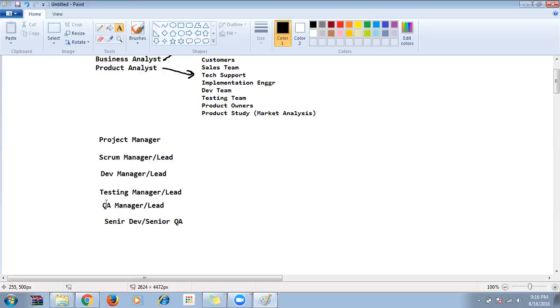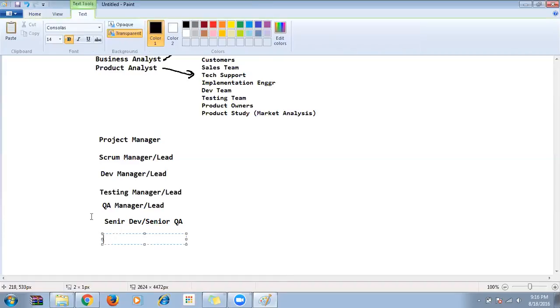The senior QA. The senior QA will allocate, to test this user story, it takes these many hours for me to completely test it. So the senior QA will allocate these many days it will take, and otherwise he also will test the information. That's what these guys will do.